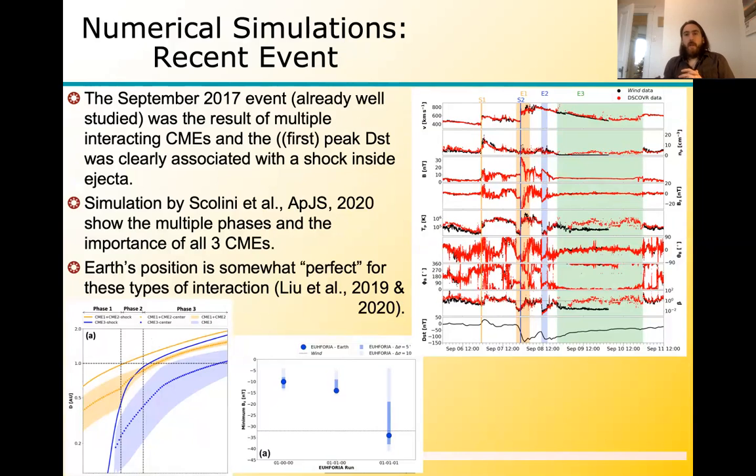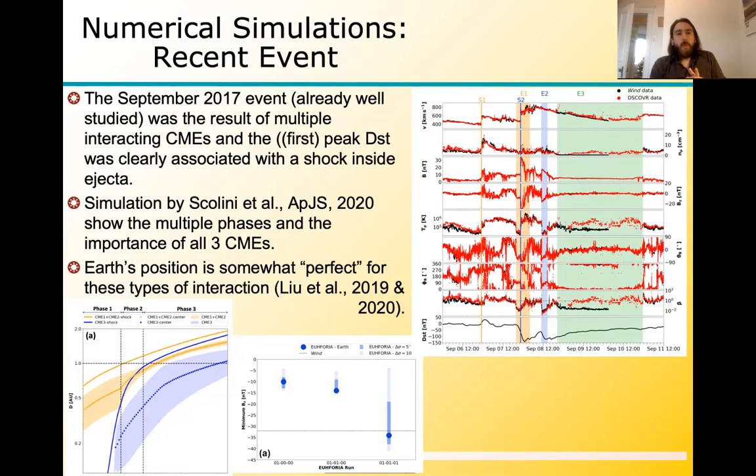Partially because one of the nicest recent events, which was the September 2017 event, was actually a series of 3 coronal mass ejections. One of which was actually a shock through a previous eruption, which is shown here, with E1 being the ejecta 1 and shock 2 inside of it. You can see again this extreme increase in the magnetic field, which really created the first drop in the Dst of this event. So because of that, there's also more